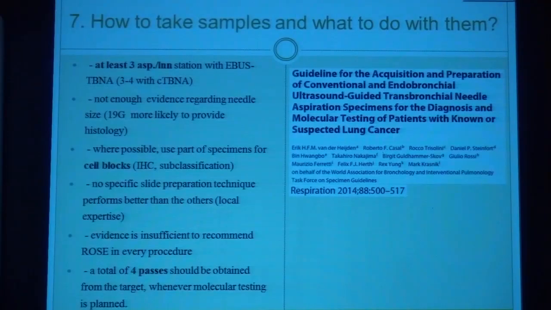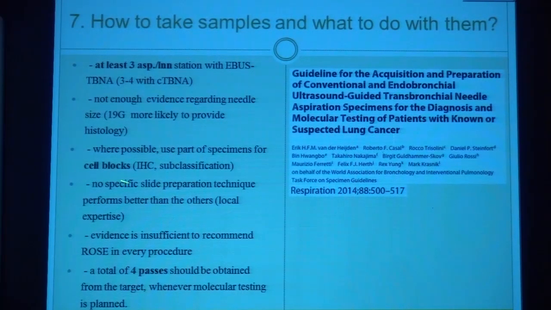It's interesting. And the last question is how to take samples and what to do with them. In Respiration last year, there was a nice publication with recommendations about what to do with samples taken with the needle. The recommendation was that we need at least 3 punctures per lymph node when we do the staging with EBUS, and a little bit more if we do the classical TBNA approach. It's not really important what size of needle we use. The 19G needle seems to be not superior to 21 or 22 gauge needles, but